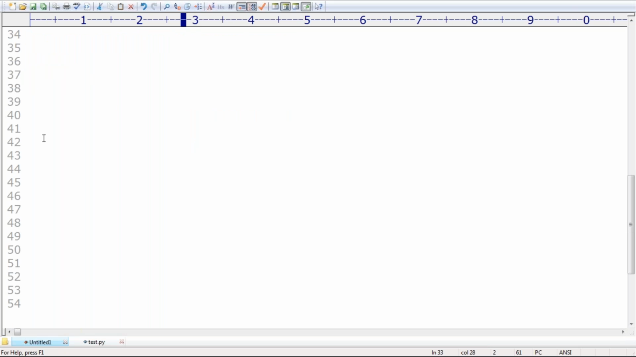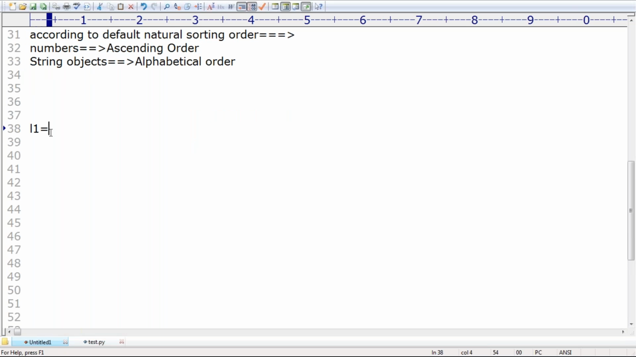Special function. Look at this one. My L1: I'm taking 20, next and after that A, next 10, next B, comma, 5, next and after that D. Can you please observe? This is about my L1. If I take the L1.sort function,